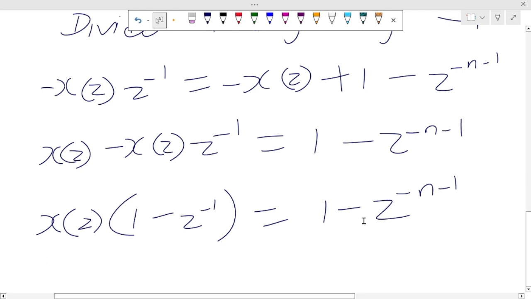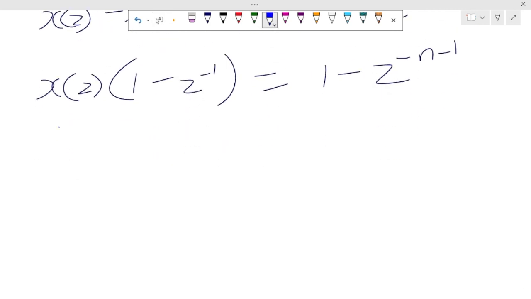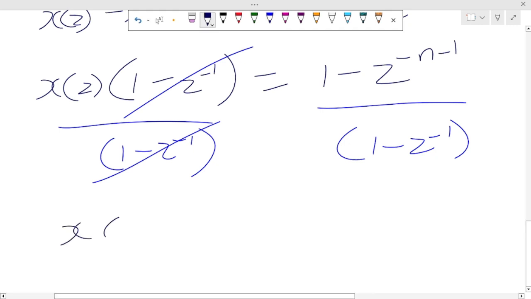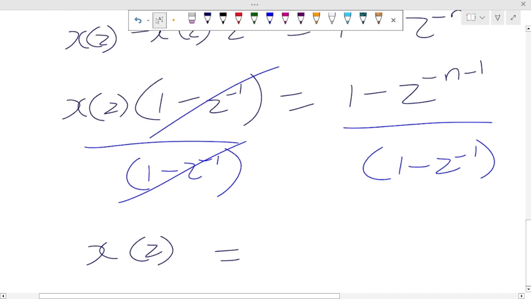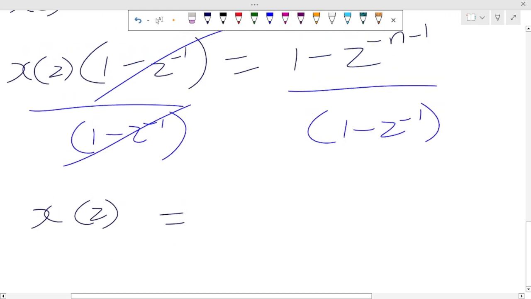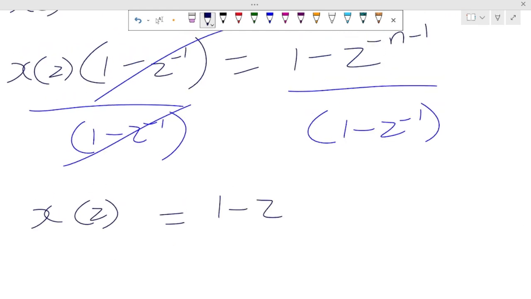So of course, divide both sides by this whole thing. That will give you, divide both sides by 1 minus z, okay. So of course that cancels out. So what we now have left is x of z will be equal to 1 minus, I need to see that top, it will be 1 minus z all over, I need to put that bracket, all over 1 minus z